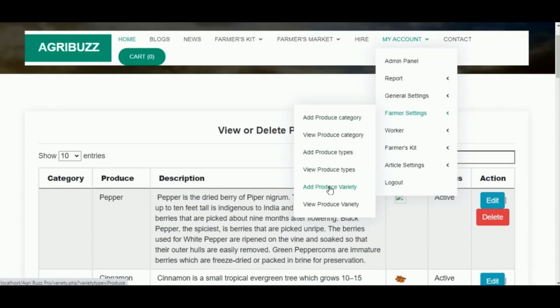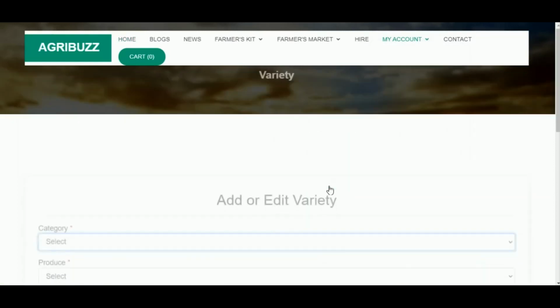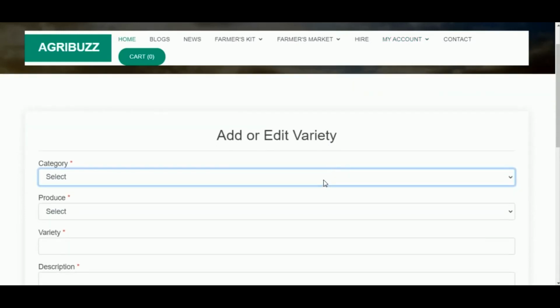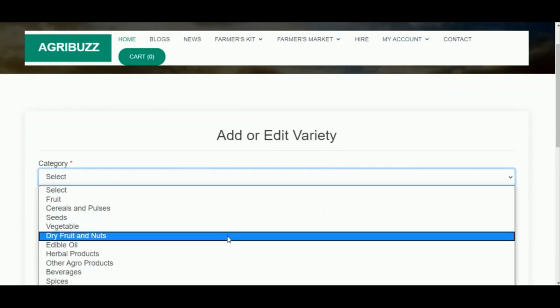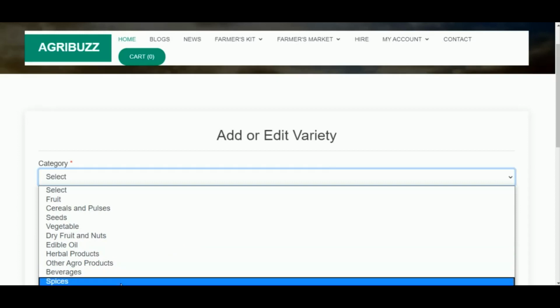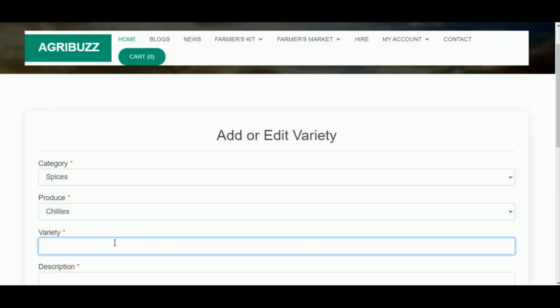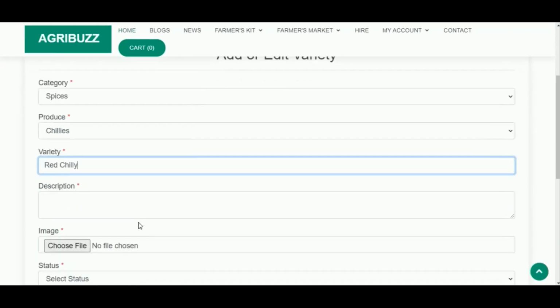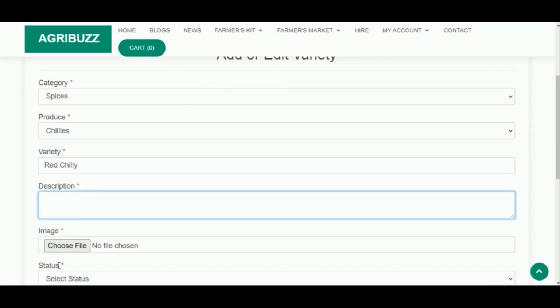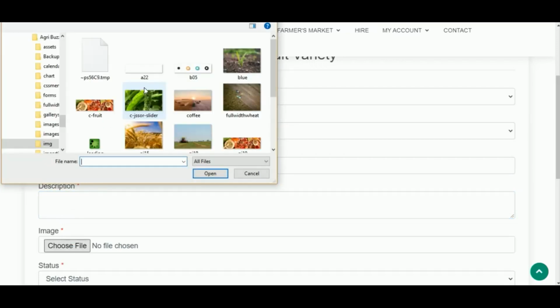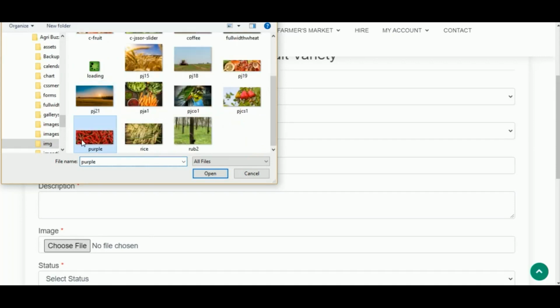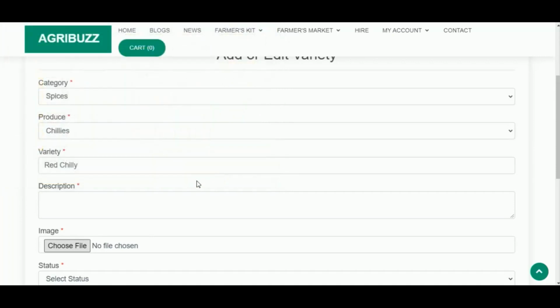In Add Produce Variety, admin can add the variety of produces by selecting category, produce type and then entering the variety name and description. They also have to add the variety image.